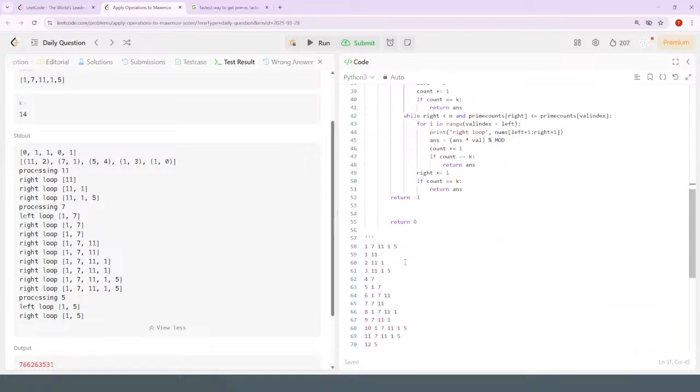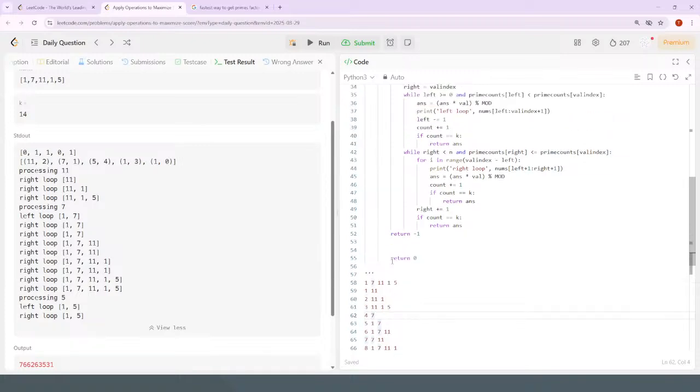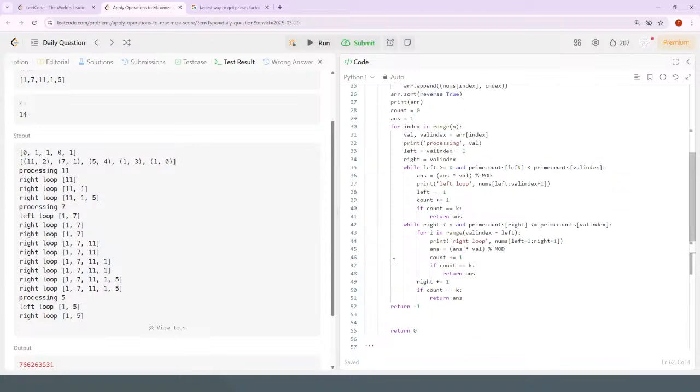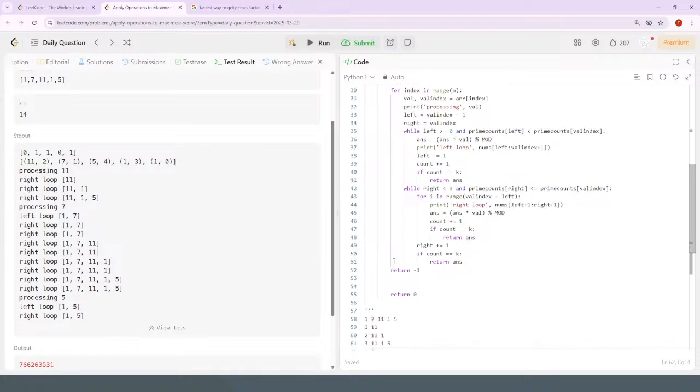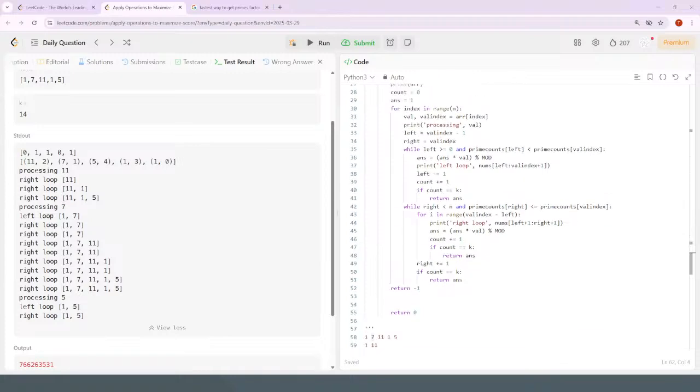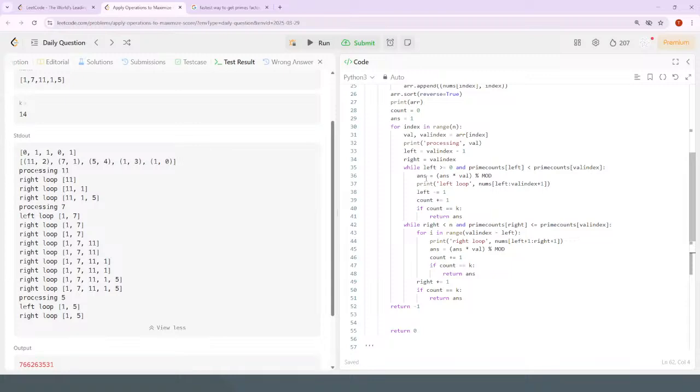Because it should be 7. I'm thinking the left loop should be the one that counts the self value. But maybe it's easier for it to not count the self value. So you go leftwards without counting the self, and then you go rightwards counting the self. So if you go leftwards without counting the self, which is currently what's happening, when you count the self going rightwards,